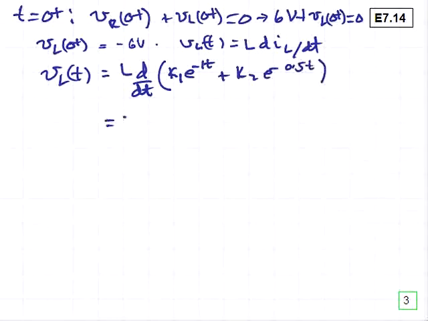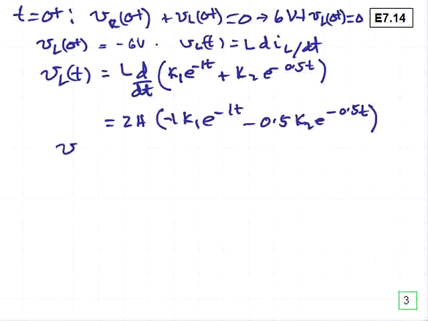This is equal to 2 henries times minus 1 K1 e to the minus 1t minus 0.5 K2 e to the minus 0.5t,